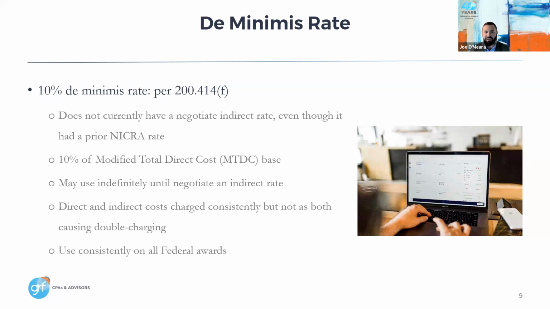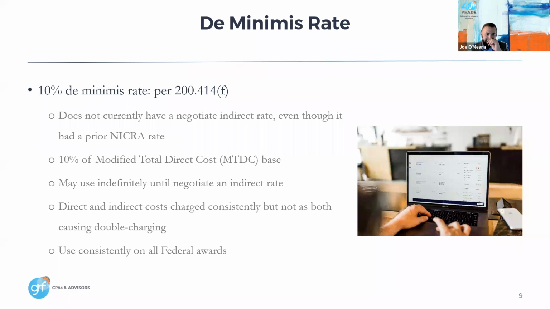So they're not paying 10% of all of your costs, but it's modified total direct cost. And on the next slide, we'll talk about what are those items that they exclude from direct costs to arrive at that modified total direct cost. And once you start using this rate, you can use it indefinitely until you end up negotiating a NICRA rate